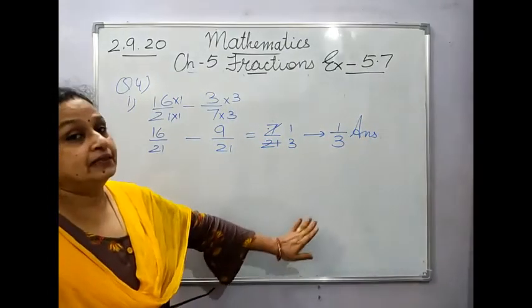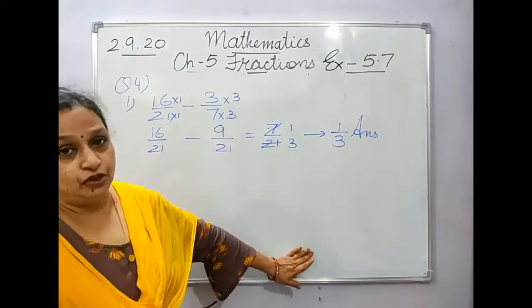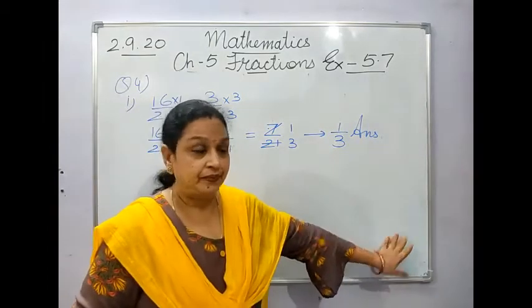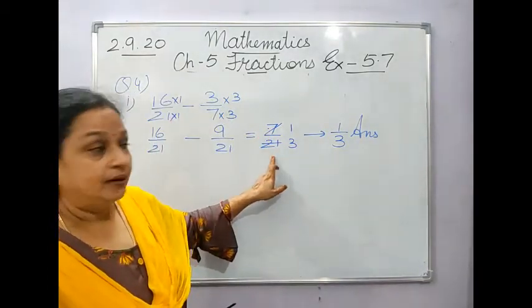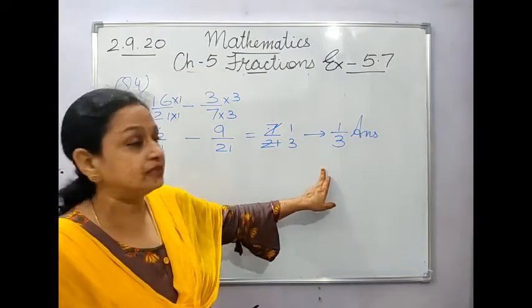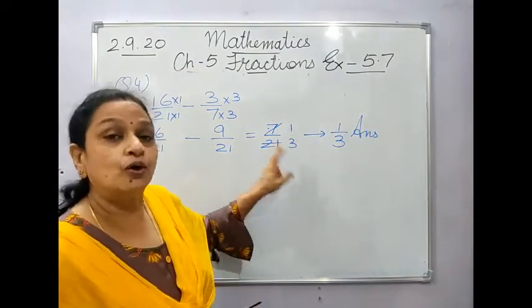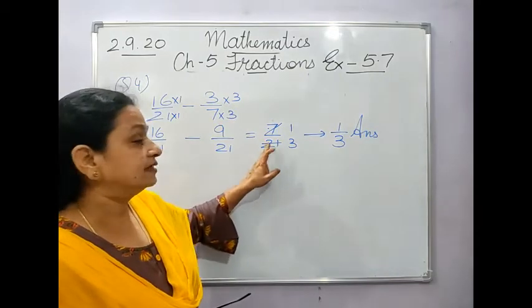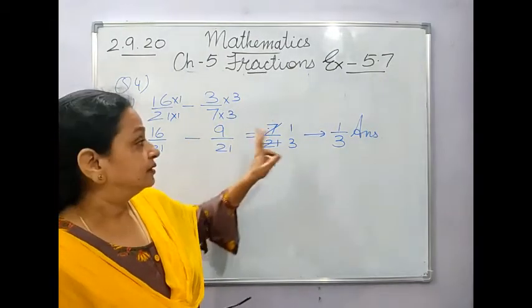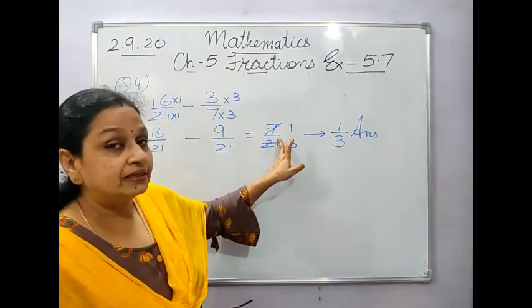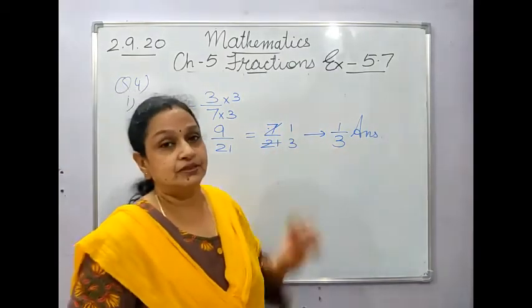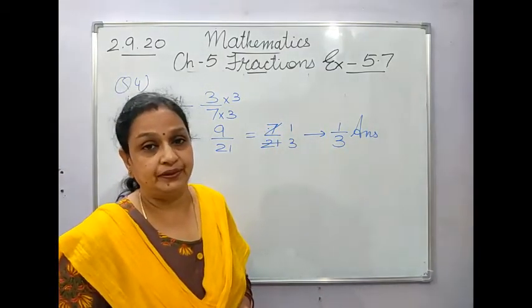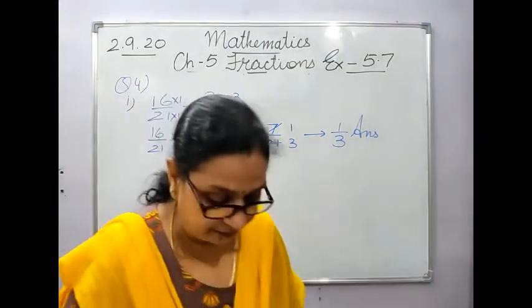Earlier I have done some in which the numerator was greater than the denominator, so I divided. Here the numerator is smaller than the denominator, but we have to reduce it to the lowest term, so we cut with the common factor. Sorry, 7. So the common factor is 7, so 7 1s are 7 and 7 3s are 21, so this is your answer. Okay, then the next one,